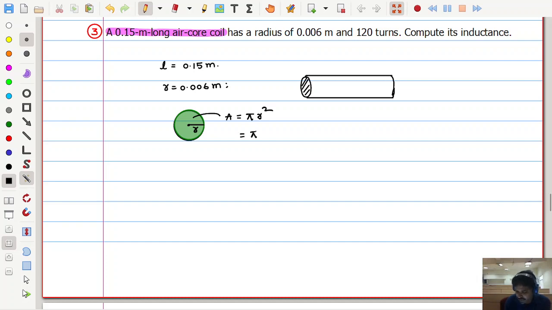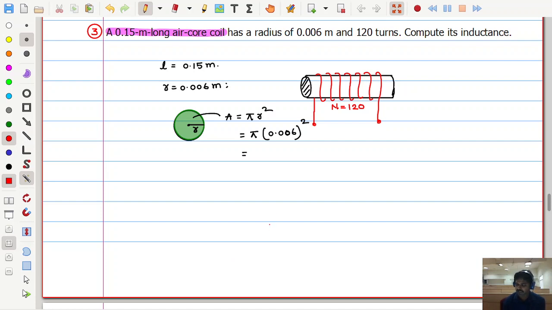So that is equal to pi into 0.006 square. How much is this value? Can you find it and tell me? So what else is there? Number of turns is given. That means on this pen, this might be a pen, because it is air core. Air core means it is a non-conductor. So like this, some coil is placed. Conductor is placed. Now, how many turns did we place? N is equal to 120 turns.